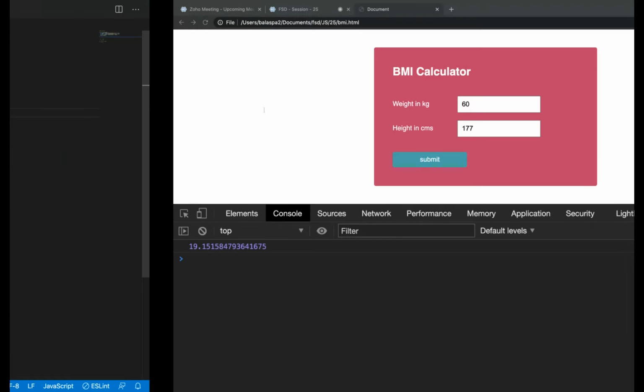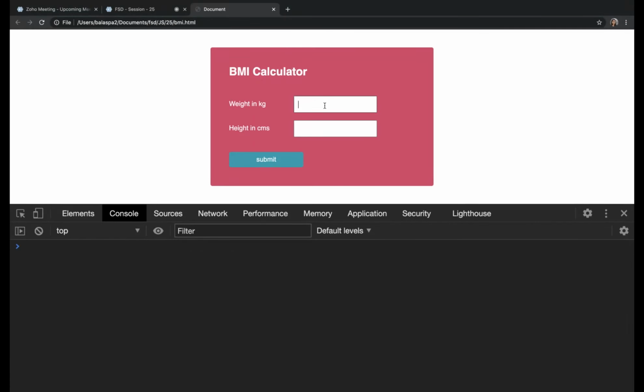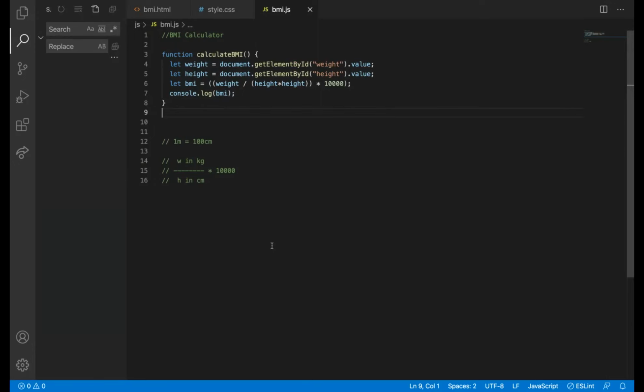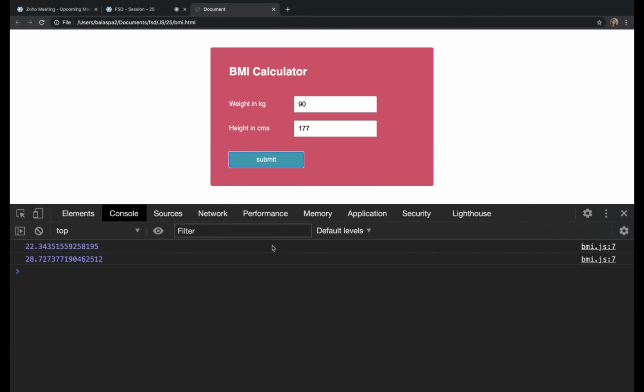Okay, so if I give my weight 70 and 177, it is saying 22.34. If I'm giving more values, it is more than 24.9. So first what we are going to do is just print your BMI is this.